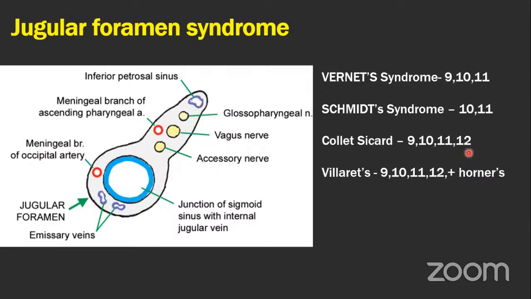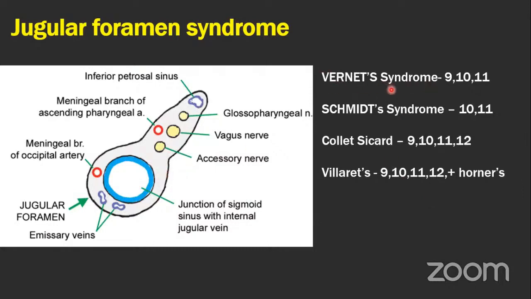They are joined by the 12th nerve, affected as it passes out through the hypoglossal canal. And also, Horner syndrome will happen because of the cervical sympathetic chain, which ascends to the skull base. Okay. So,